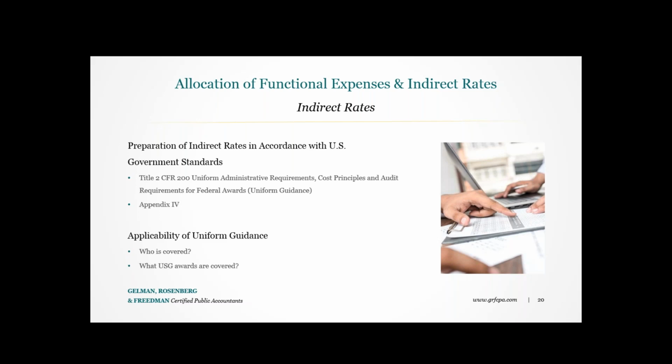So what is an indirect rate? How does it work? It's simply a mechanism of determining fairly, within the boundaries of sound administrative cost principles, what proportion of indirect cost each program should bear. Indirect costs are incurred for common or joint objectives and cannot be readily identified with a particular grant, contract, or other activity of the organization. The concepts are similar to what we've discussed in prior sections, but spelled out specifically in uniform guidance.